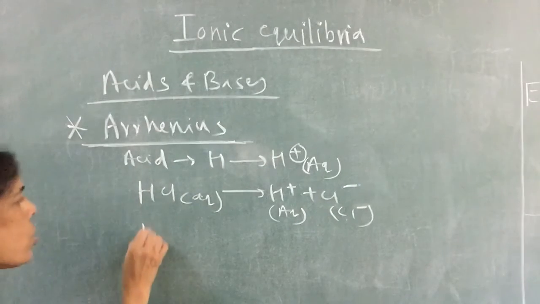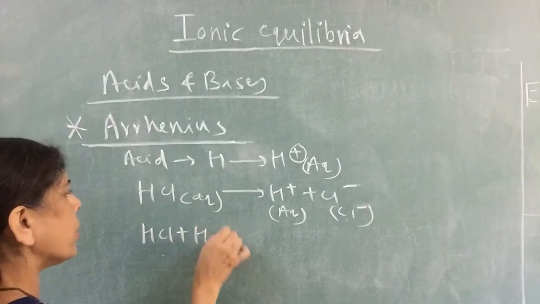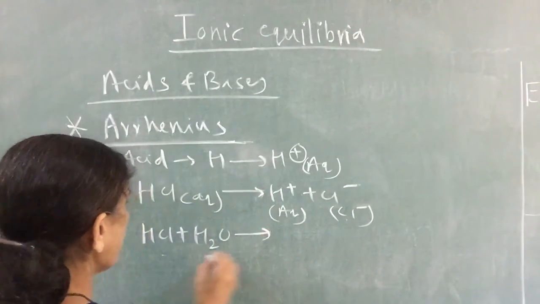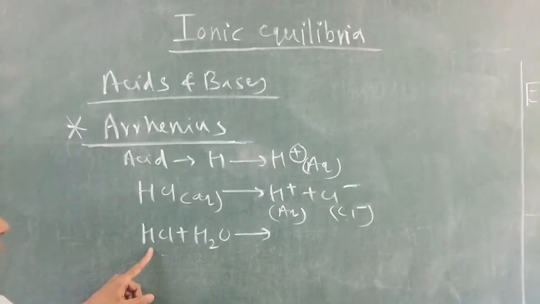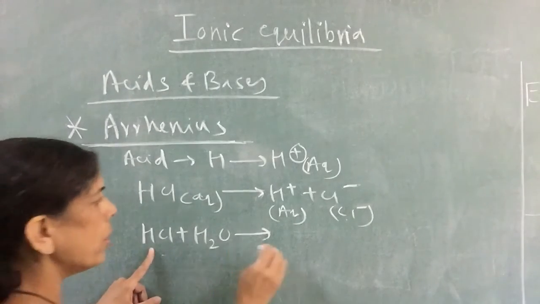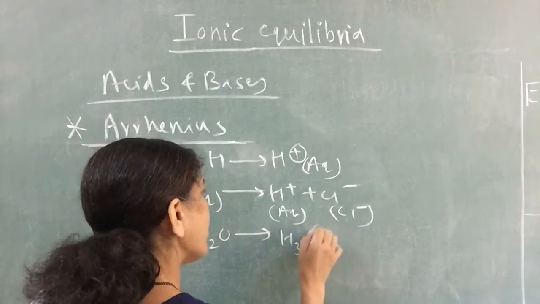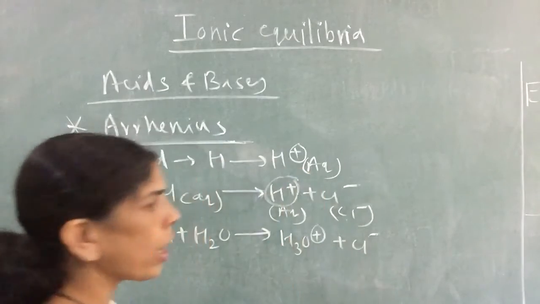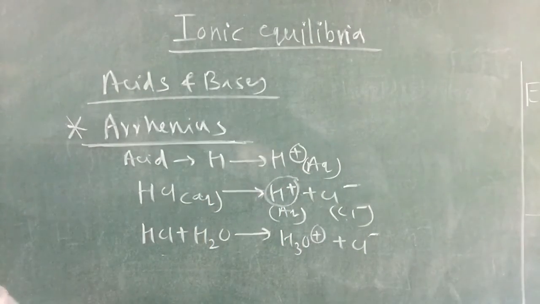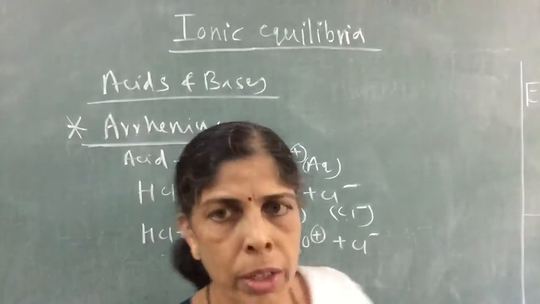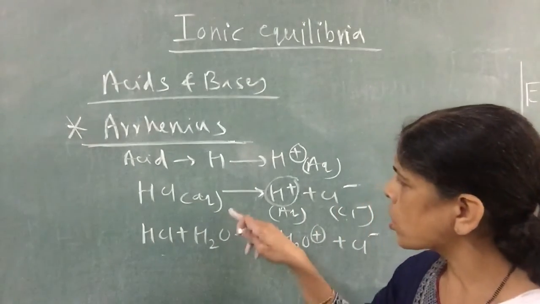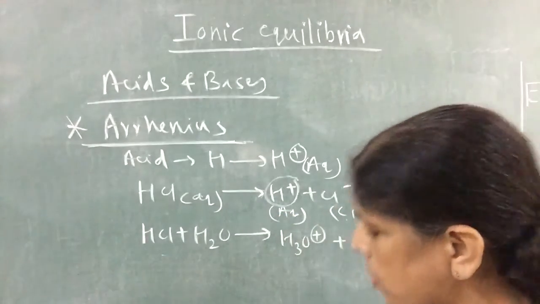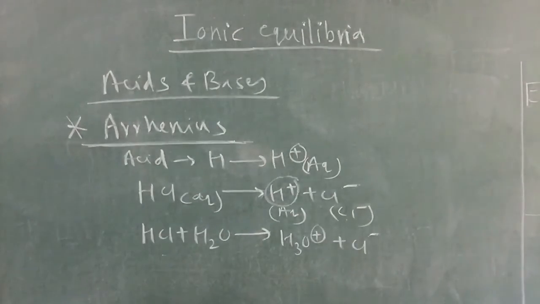Okay, actually what is the reaction? HCl, we are adding it in water, isn't it? So H+ ions are going to be dissociated. They will react with water and we will get actually hydronium ion, H3O+ and Cl-. So this H+ will react with water, and they will form hydronium ions, but we can show the reaction this way also, HCl giving H+ plus Cl-, for convenience. Okay, so this is about acids.